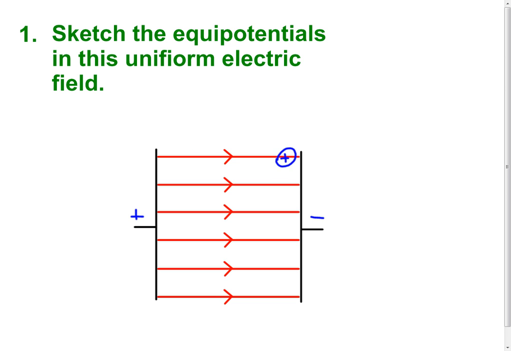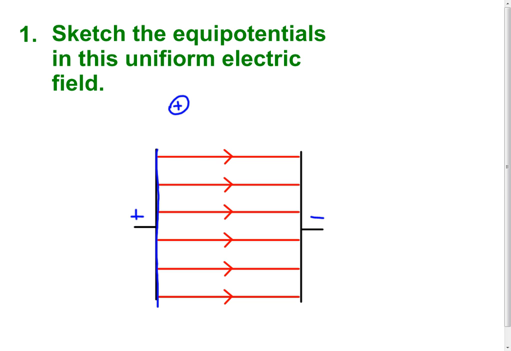Now, equipotentials. Well, it's a uniform field, so the equipotentials are going to be evenly spaced lines or planes. And if we think about the energy changes, the potential energy changes, when we move this way from positive to negative, it doesn't change if we move this way across the field lines. Now this isn't something I mentioned, but it's worth bringing up now, that the equipotentials are at right angles always